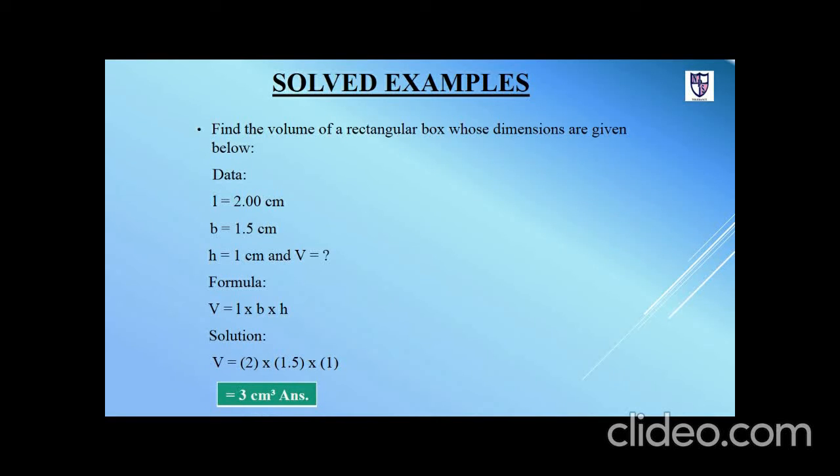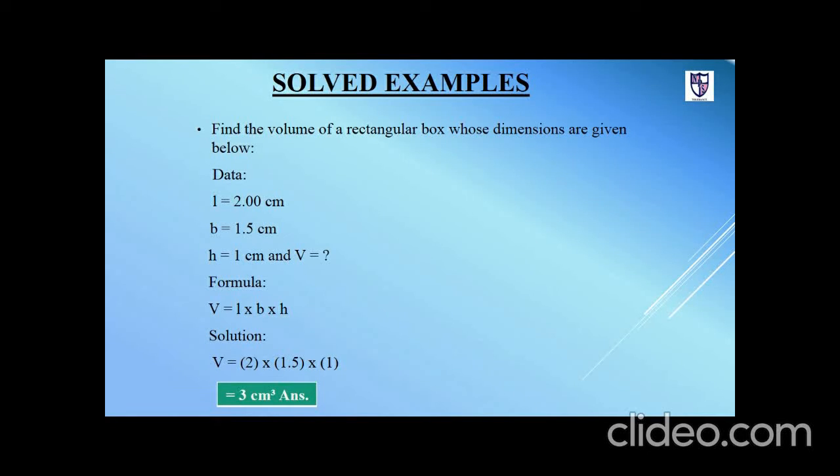To find volume, we know that the formula of volume is L multiplied by B multiplied by H. We have all these three values, so start putting the given values in formula. We get V equal to 2 multiplied by 1.5 multiplied by 1, which is equal to 3, and the unit of volume is